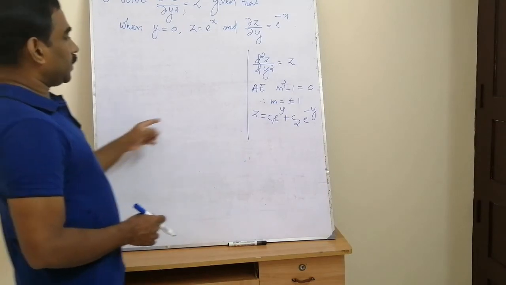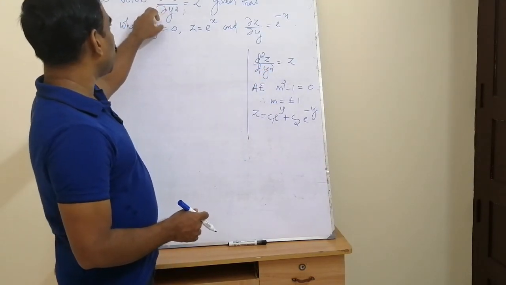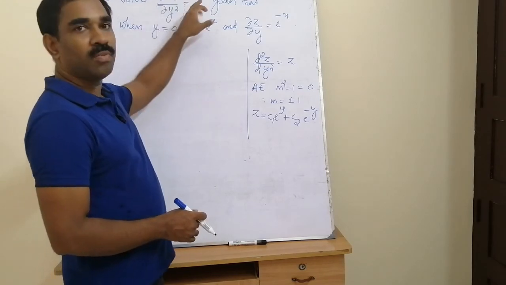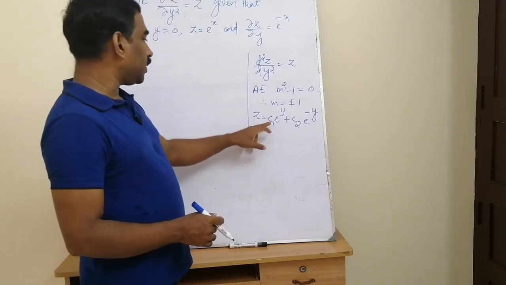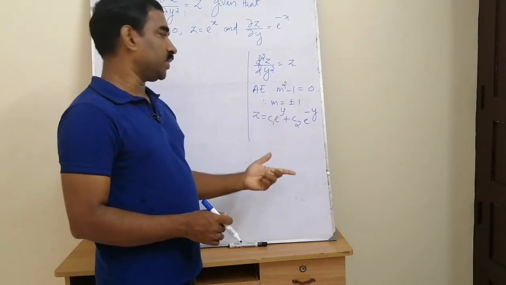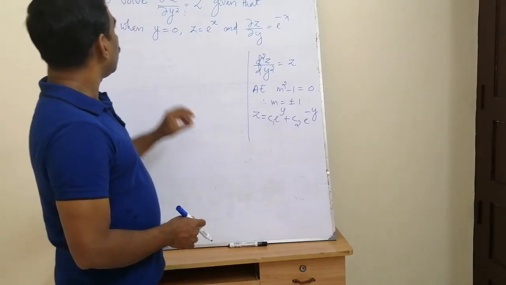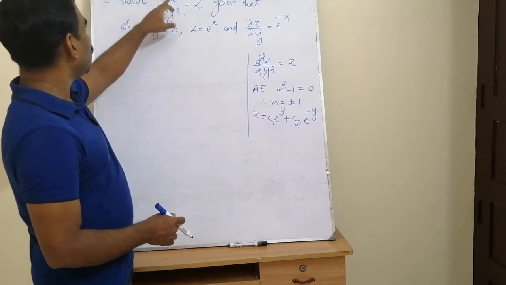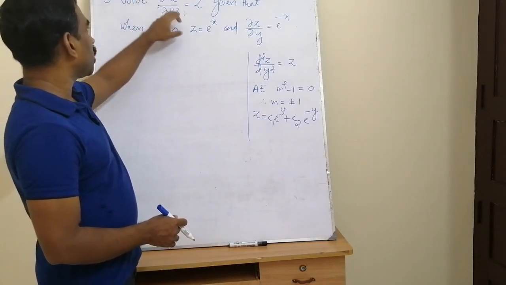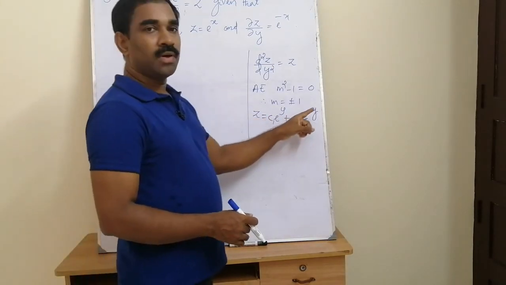And here the method is, now we are transforming to our original partial differential equation, because actually this z is a function of both x and y. So we are changing this arbitrary constant c1 and c2 into two arbitrary functions. Here, those arbitrary functions are functions of which variable? Because here we are performing the partial differentiation with respect to y twice, the arbitrary functions are functions of x only.